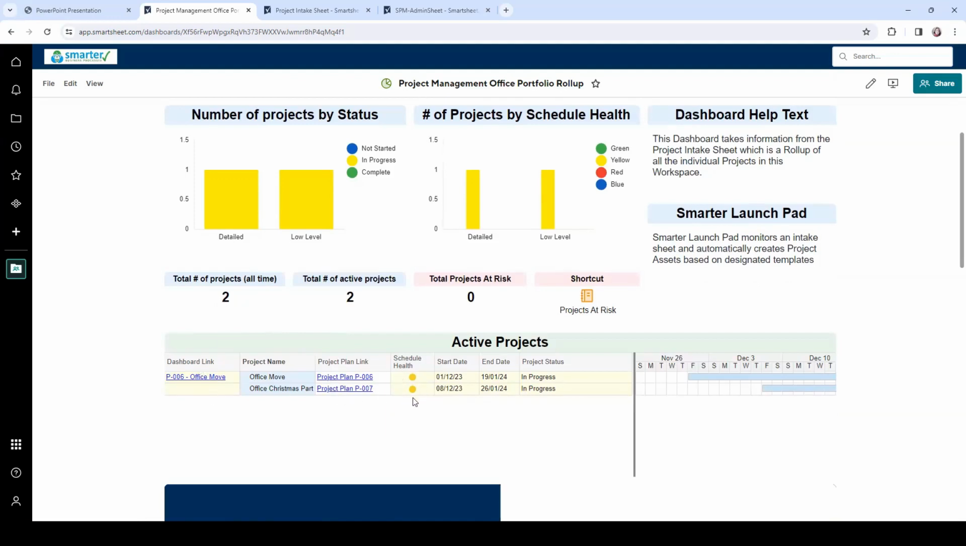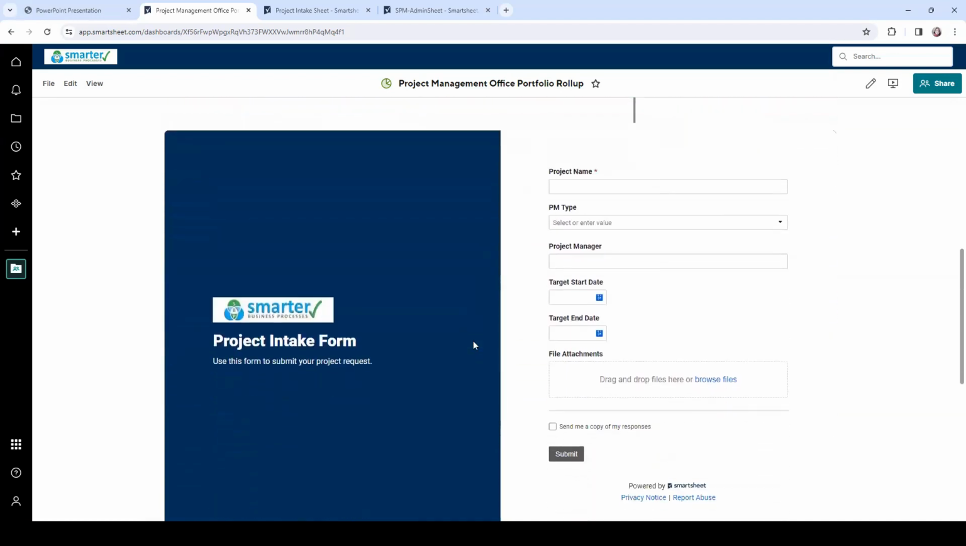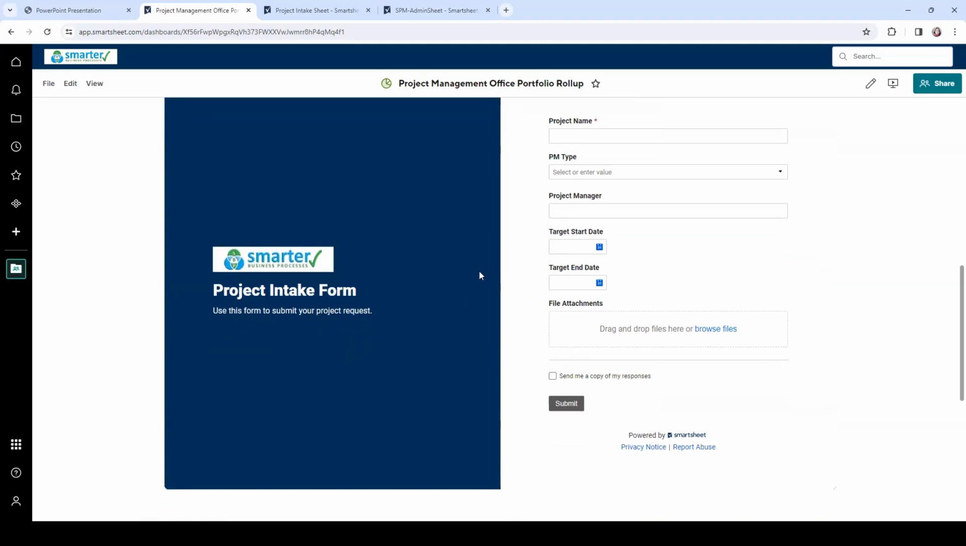The health is in progress, and we've got some dates there from the assets themselves, and I'll look through those in just a moment. Down on the dashboard, when you download this template set, you do have a way of adding new projects via a project intake form. So I'll scroll down to the area and add a new project here. Let's call it a Smarter Launchpad